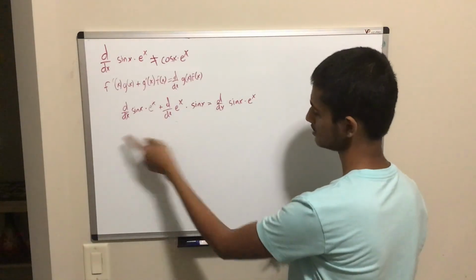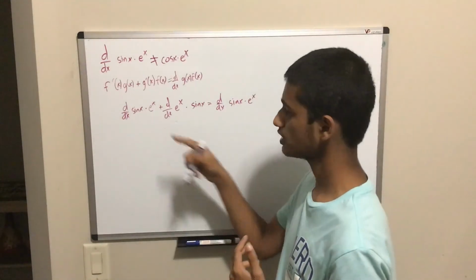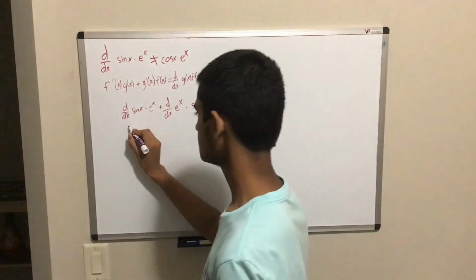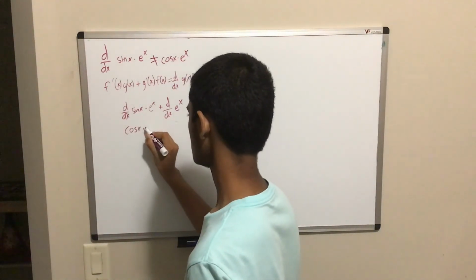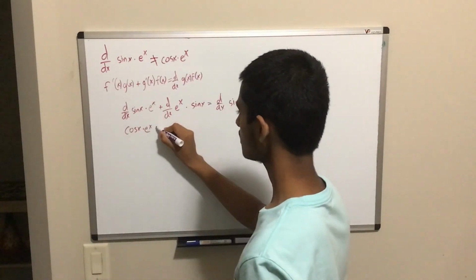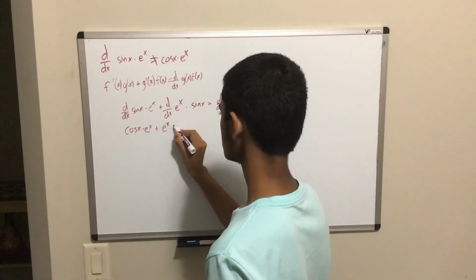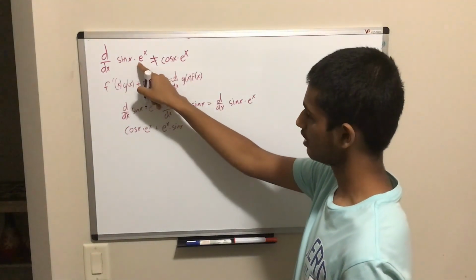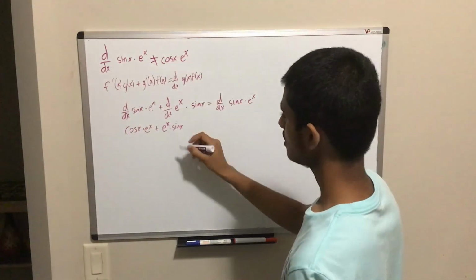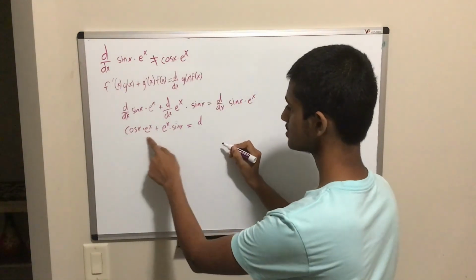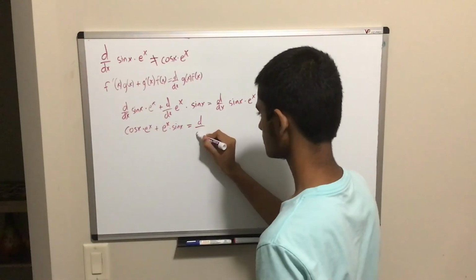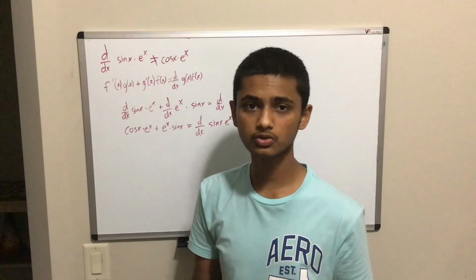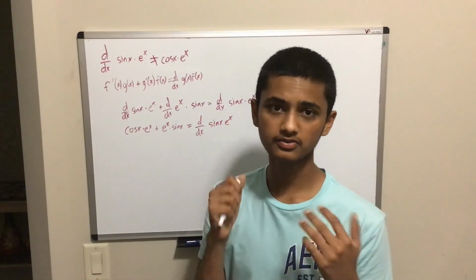And that is equal to the derivative of sine of x times e to the x. So we just need to simplify this out over here. And that's not too hard because we have handy formulas that we have memorized already. So the derivative of sine of x is simply just cosine of x times e to the x, which is over here. And the derivative of e to the x is simply just e to the x times sine of x, which is as we have here, meaning that the derivative of sine of x times e to the x is actually equal to cosine of x times e to the x plus e to the x times sine of x. So I hope you guys understood how we can apply the product rule to help us find the derivative of functions that